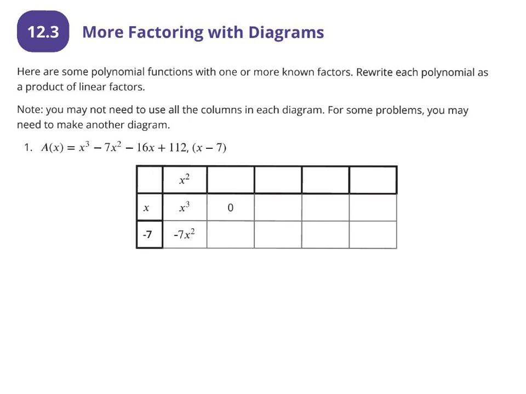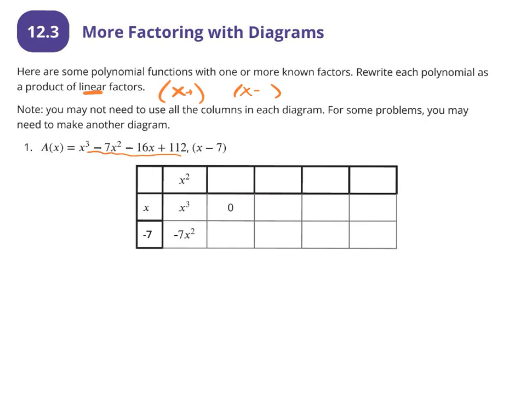So here are some polynomial functions with one or more known factors. Rewrite each polynomial as a product of linear factors. Now this is key here, linear. Get down to x plus something or x minus something. No x squareds. All right. Now, they give you a diagram, a rough diagram. So you have to ask yourself, if x minus 7 is a factor, find the other factor and it has